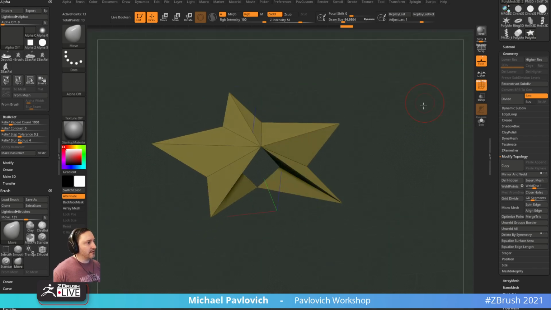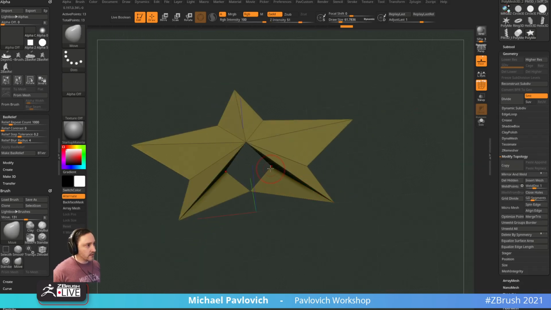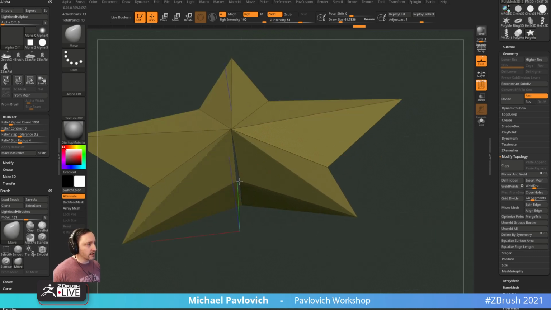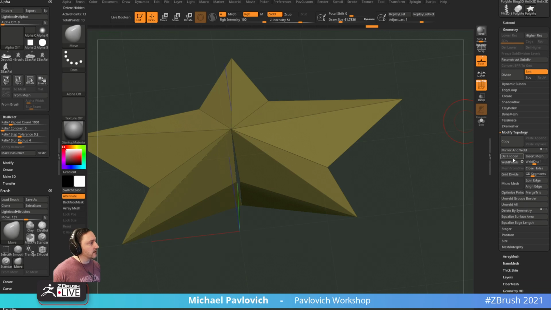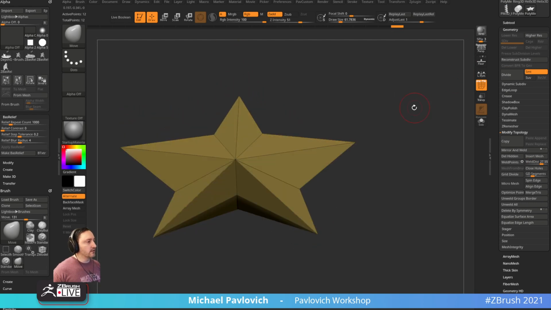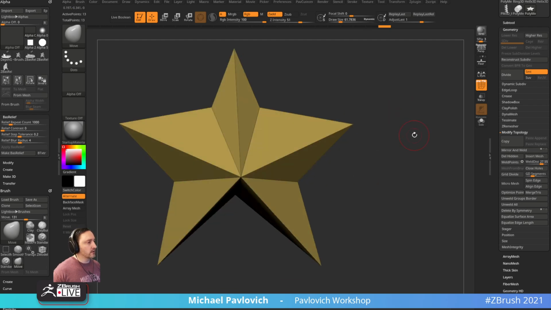I could go in here to ZModeler, BZM, and I could even weld these together if you wanted to. You see how these are getting kind of close. You can go in here to geometry, modify topology, weld points. Just crank that weld distance up. It'll weld those points together for you. You don't even need to do that, honestly. You can just go geometry, modify topology, close holes operation to close whatever that is, because what we're going to end